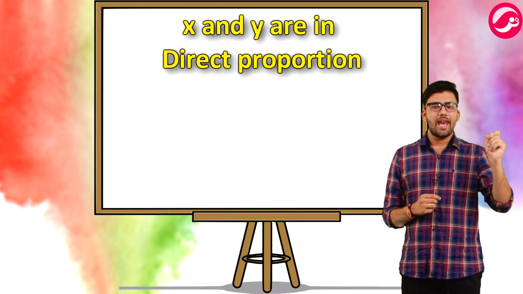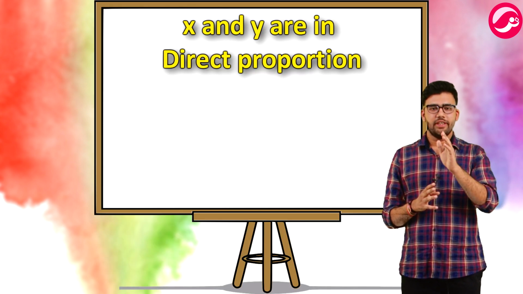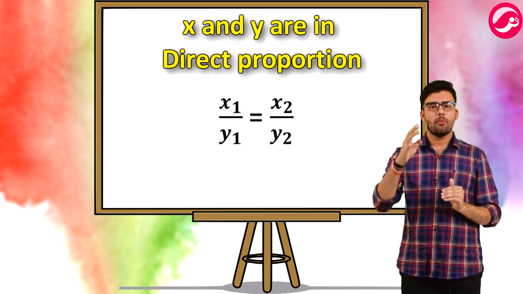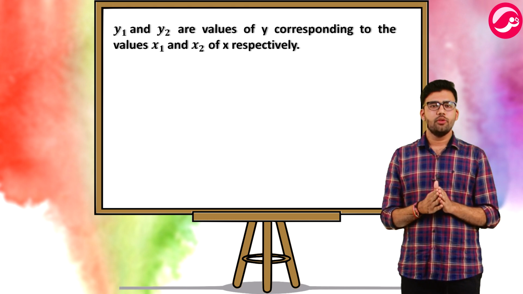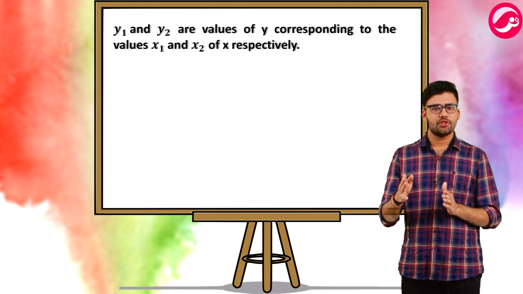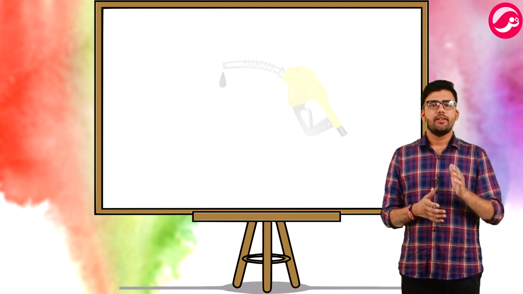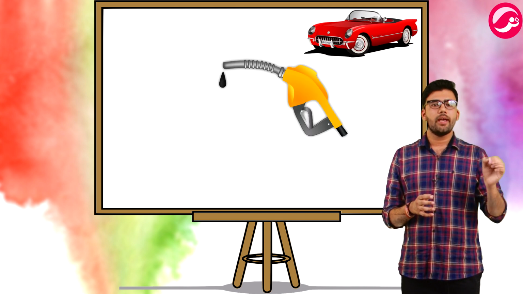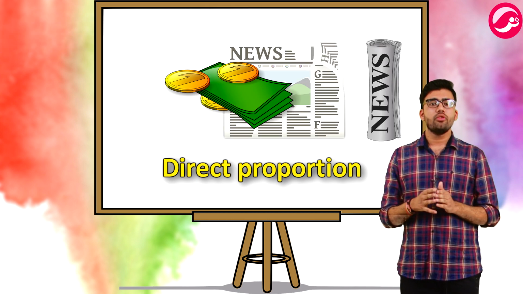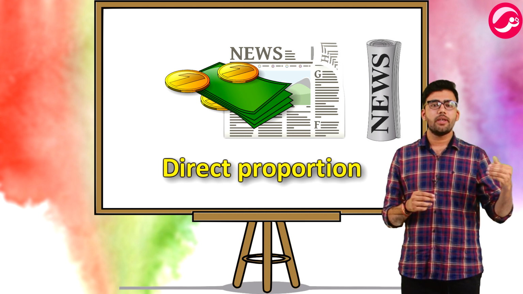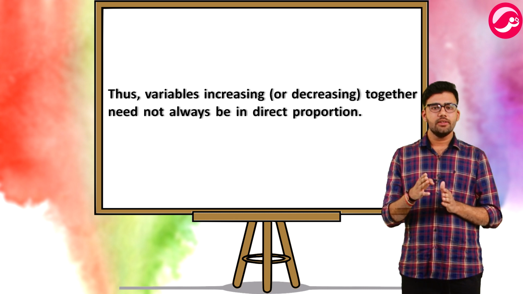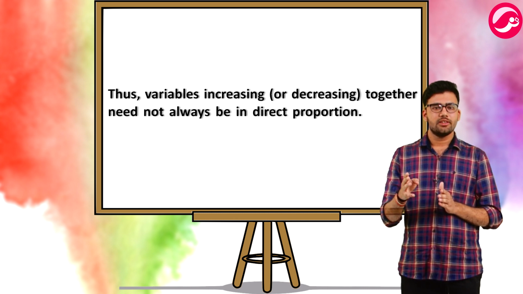So, when x and y are in direct proportion, we can write x1 upon y1 is equal to x2 upon y2, where y1 and y2 are the values of y corresponding to the values x1 and x2 of x respectively. The consumption of petrol and the distance travelled by a car is a case of direct proportion. Similarly, the total amount spent and the number of articles purchased is also an example of direct proportion. Thus, variables that increase or decrease together